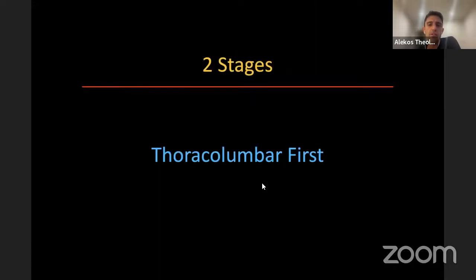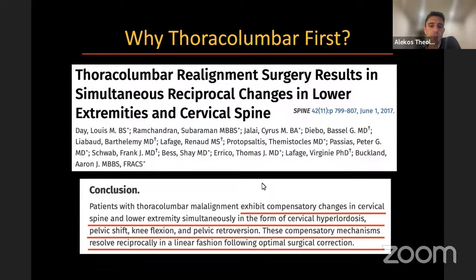In terms of doing this in 2 stages, I do like to do the thoracolumbar first. And the reason for that is after the thoracolumbar realignment, there is relaxation of some of the compensatory mechanisms in the upper thoracic cervical spine that may give you a better impression of what the underlying cervical or cervicothoracic deformity is. So I think it's better to build a base if you can choose between the two and work your way up,